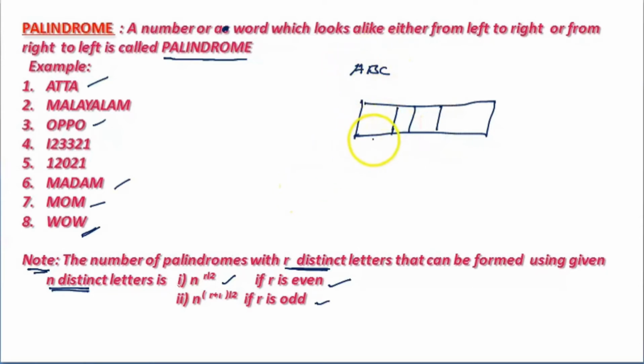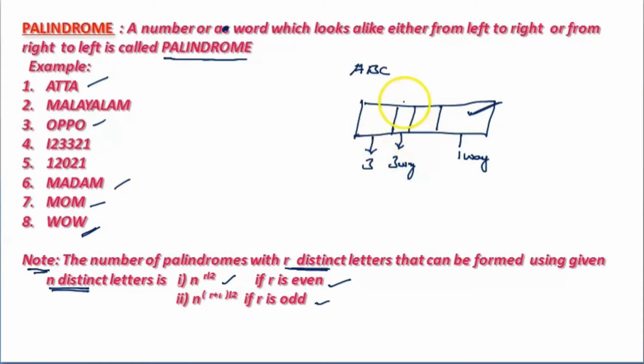First place can be filled with A, B, C in 3 ways. A, B or C. If you place the first one, the last place must be the same. The last place must be done in one way, as that of the beginning. If you're taking 3 ways here, whatever you take, you have to take here. This has no restriction. It is fixed. It's a certainty. Next, the second place can be done in 3 ways. Again, repetition is allowed, so 3 ways.